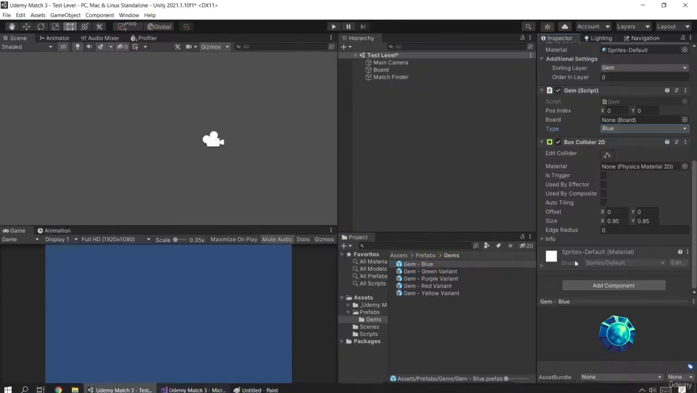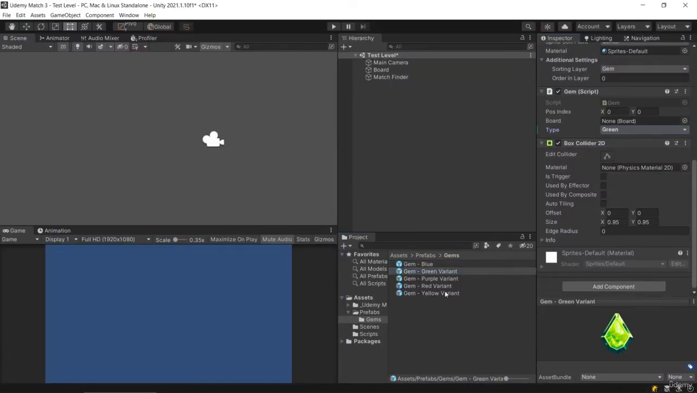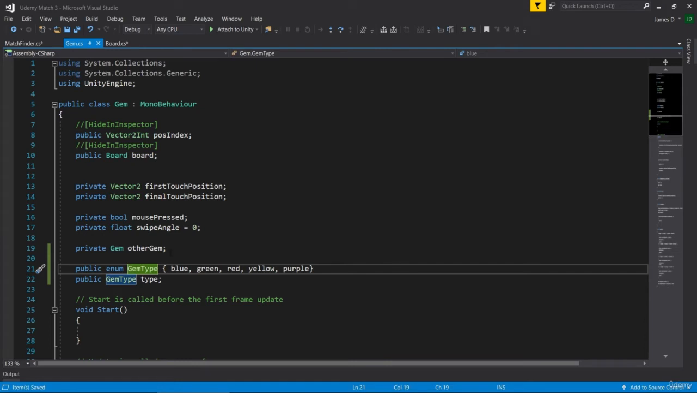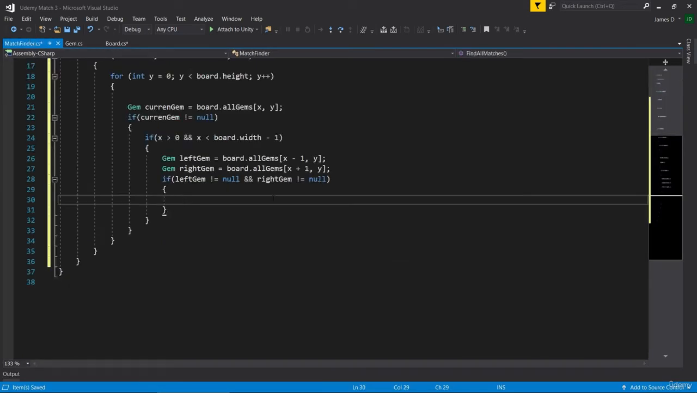So now if we go back in here with our blue one, obviously we want that to be blue. Let's then get our green gem and make it green. Purple will be purple, red will be red, and you guessed it, yellow will be yellow. So now that each of our gems has been assigned a particular type, we can go back to our MatchFinder